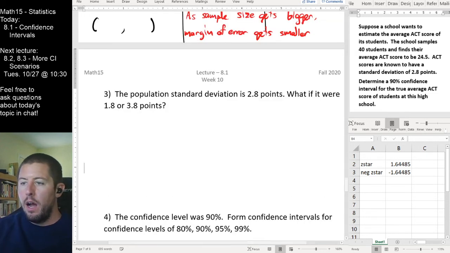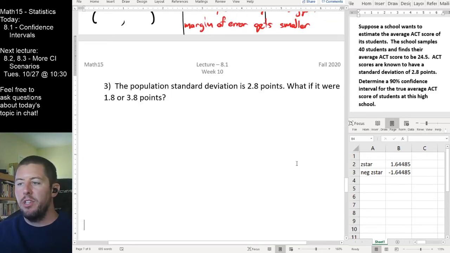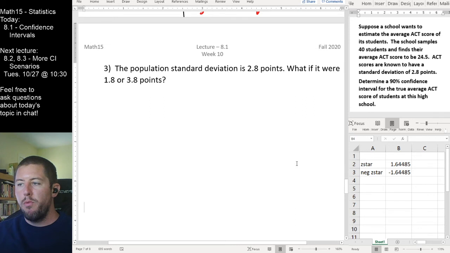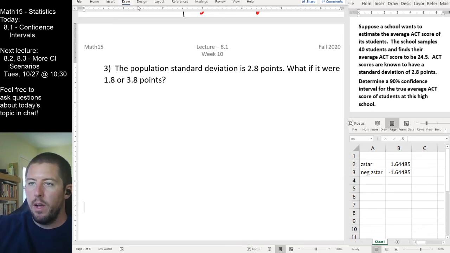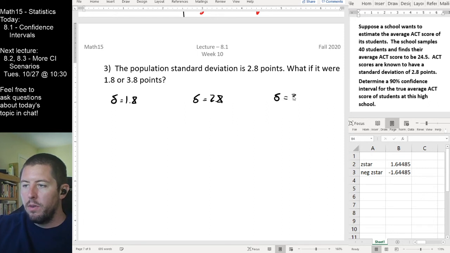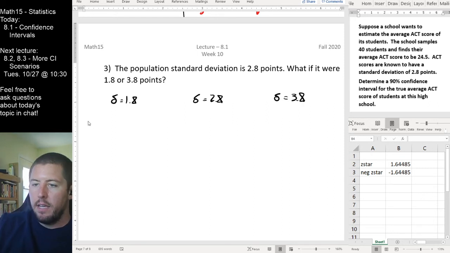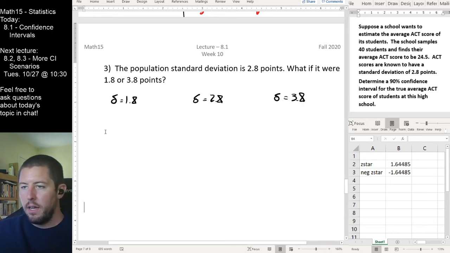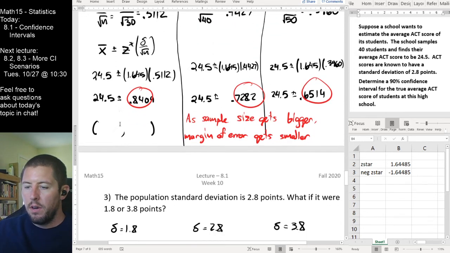Next one here. Our population standard deviation is 2.8 points. What if it was 1.8 or 3.8 points? Well, we can do the same thing here. We can make our sigma equal 1.8, our sigma equal 2.8, and our sigma equal 3.8. Let's see, how do I phrase this up above? For all three cases,